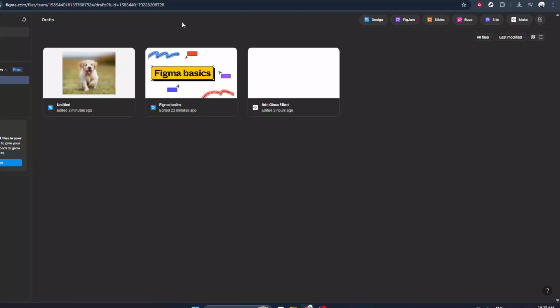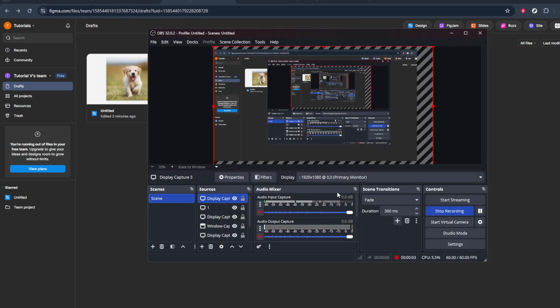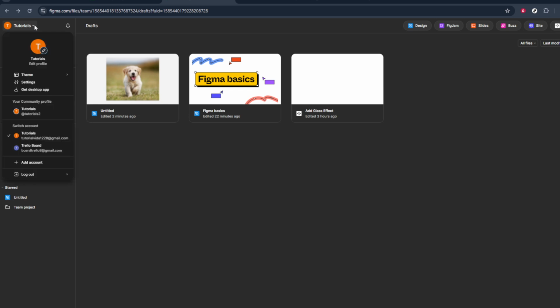In today's video, I'm going to teach you how to delete your account in Figma. Before we get started, a quick reminder: deleting your Figma account is permanent. This means you may lose access to your files, drafts, and any shared projects associated with that account. If there's anything you might need later, take a moment to download or duplicate those files to another workspace or